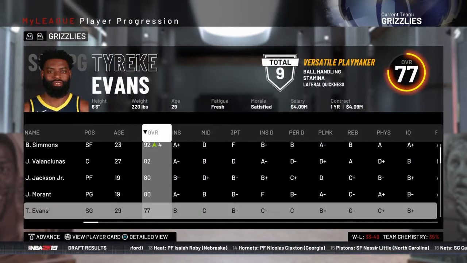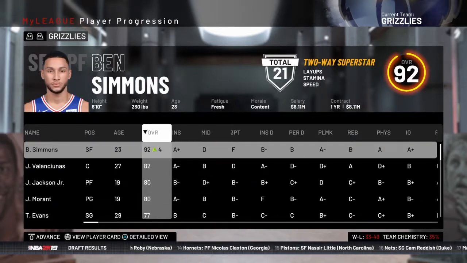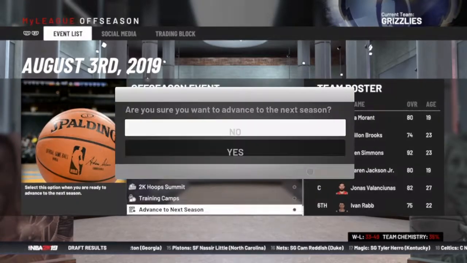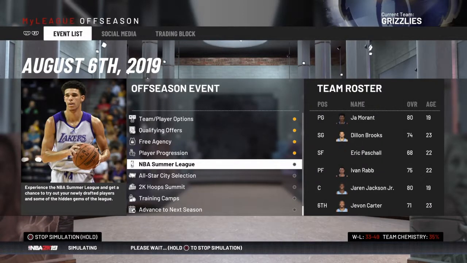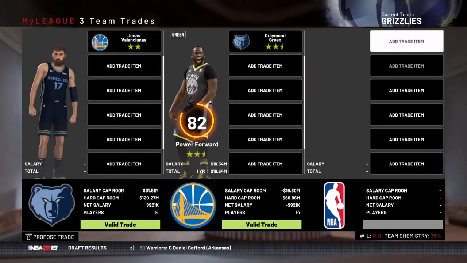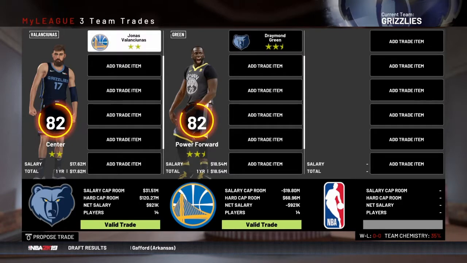They're all 80 overalls besides Tyreek, but I just don't think we're going to win that many games this season. So I'm going to simulate to the next season, and I'll see y'all at the start of season number 1. So we're here at our first trade, and I'm going to be trying to get Draymond Green for Jonas Valanciunas. I know it's not one of the best trades, but